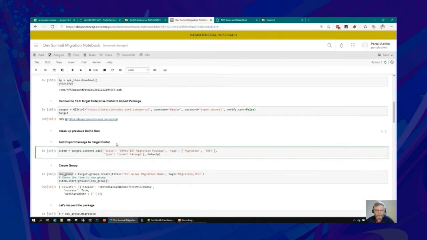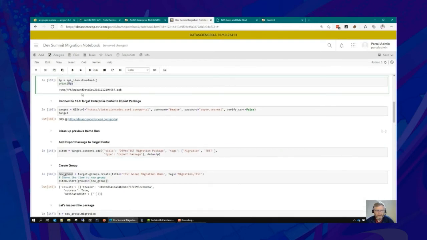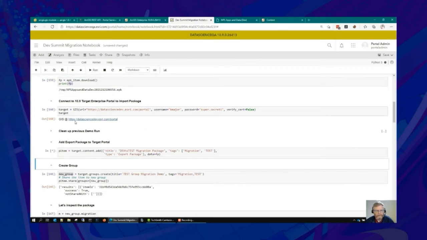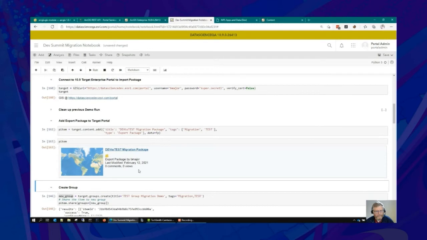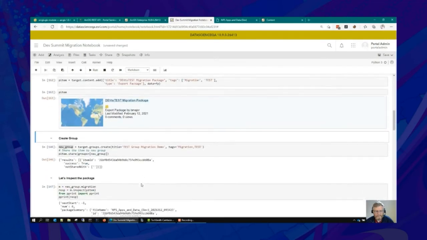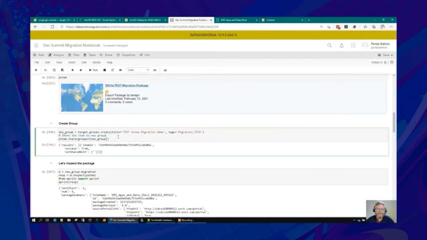What I'm going to do first is, I have a handle to this item, this export package that I've downloaded. So I'm going to upload that to my target enterprise as a new item. Now this is a new item in this portal. If I insert a cell below this and say P item, there's an item there in my target portal that is an export package. Then the next step is I want to create a group that is going to be the group that this package gets